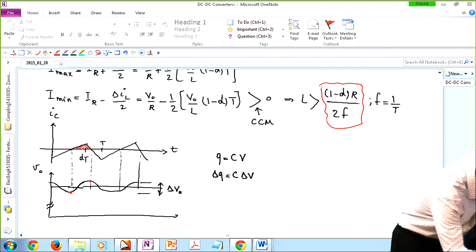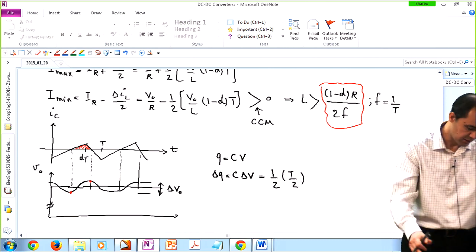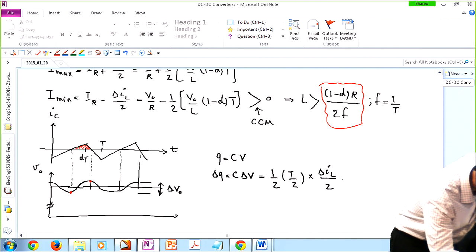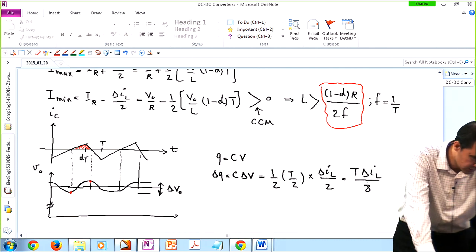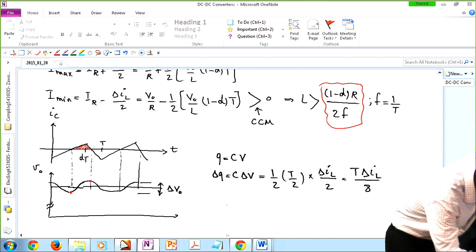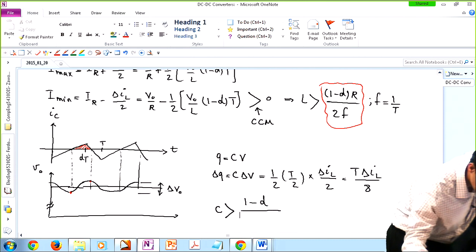So this would be the area of that triangle. The base of the triangle is half of my period, times delta IL over 2, and then half of that. All right. So this is the period times delta IL over 8. All right. So this is delta Q, which is C times delta V. So in the end, you can actually write this equation. 1 minus D divided by